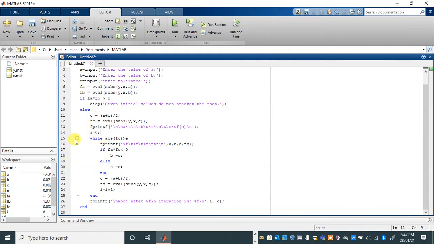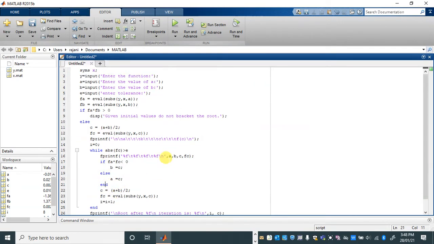you can even see this minus. It means this is the while loop, and it shows that the while loop is ending here. Now this end is for this if. The moment you click here on end, you can see an underline over if. Similarly, if we click on this end, it shows this is the end for while. Similarly, this end is for if. In this way, you can see whether you have missed any end or not.